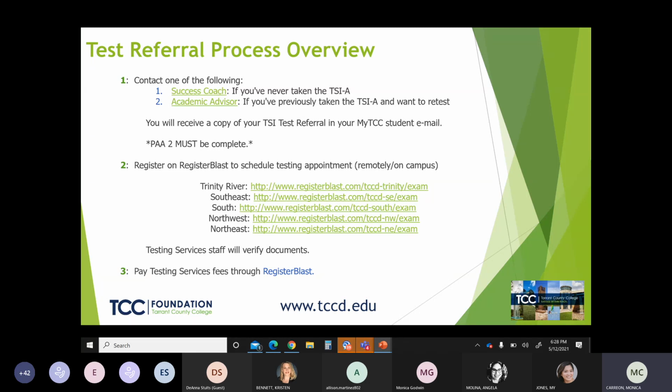We are about to enter peak registration for the fall semester, so please be patient with us. We will be working thoroughly with each student, but again, please be patient with us. We will get to you. And if you have to pay any fees, you can pay through Register Blast.